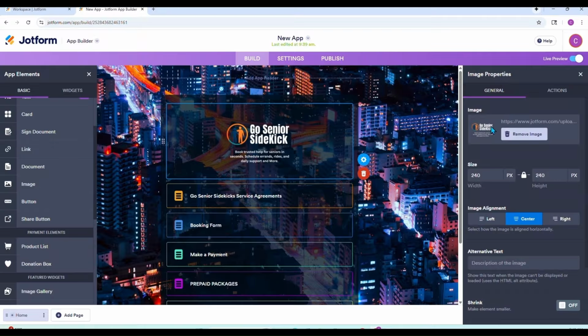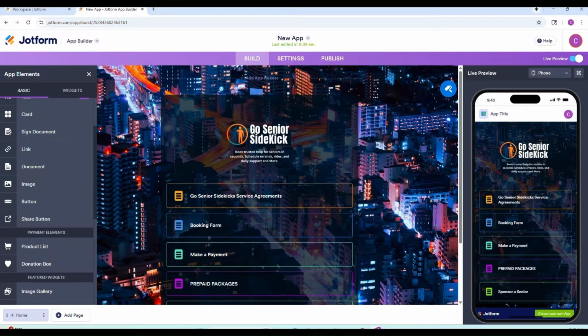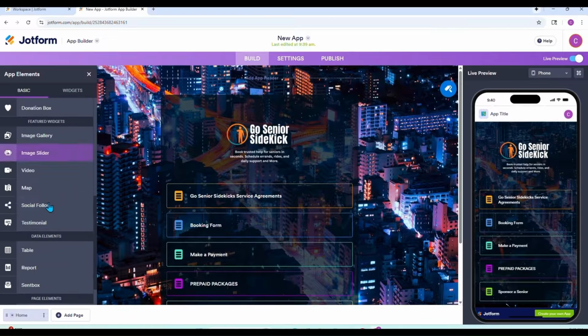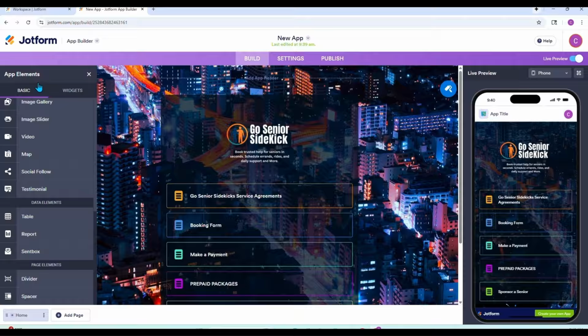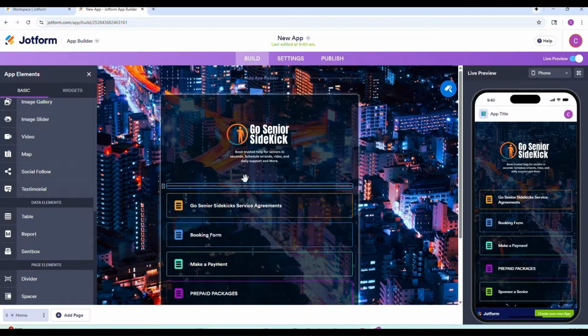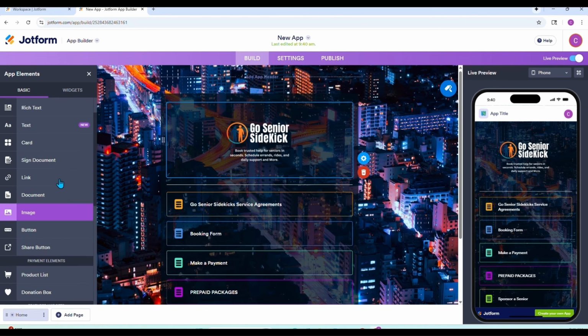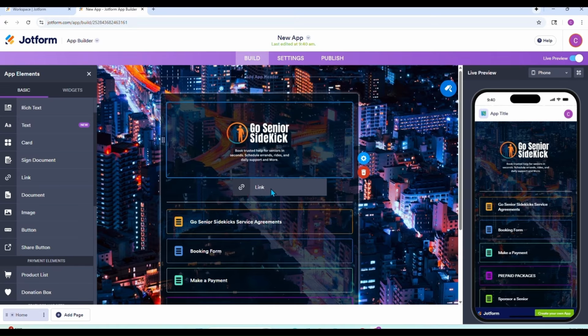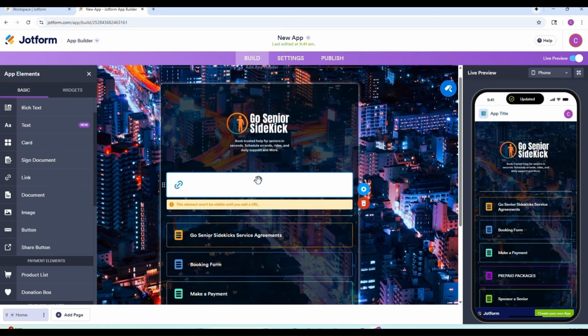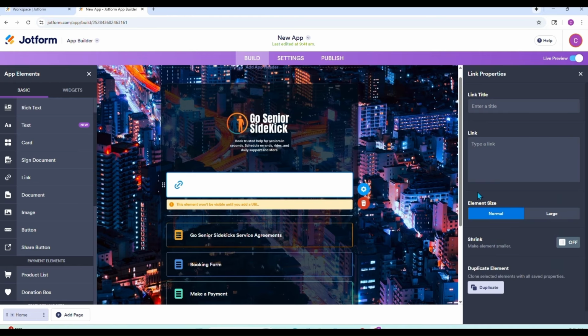So now let's come down, go into app elements. Let's get a divider. I'll put the divider right there. All right, next thing I'm gonna get is a link, app element, link. I'm gonna drag it, drop it right here, the top of the border. And so what we're gonna do here is go into properties. You see link title. This would be customer